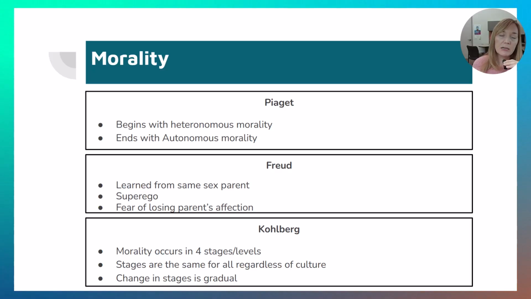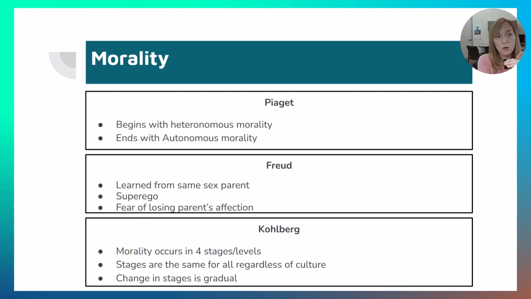After Piaget, the next theorist we're going to talk about is Freud. Freud really believed that you were moral based on what you learned from your same sex parent. So, because I identify as a girl, I would learn from my mother what was morally acceptable, what was expected of me. Another piece of Freud's theory was the superego, the idea that we have our ego, and our id, and our superego was kind of the negotiation between the two,